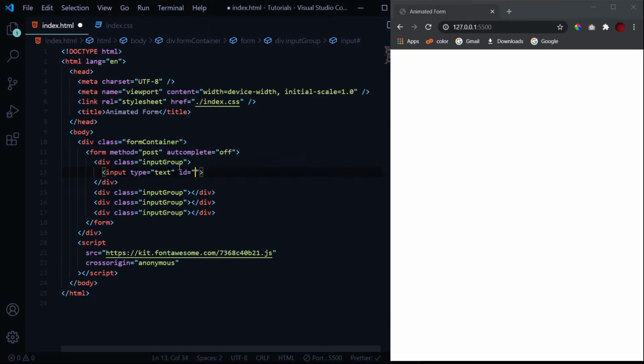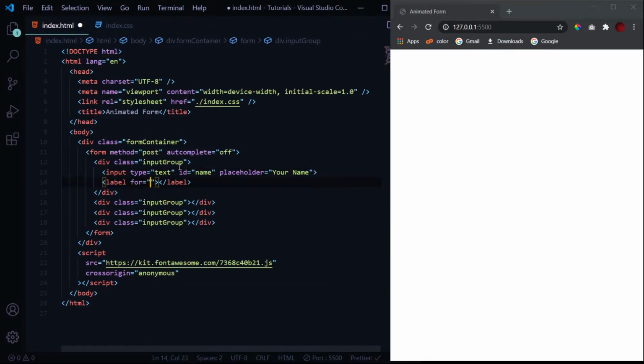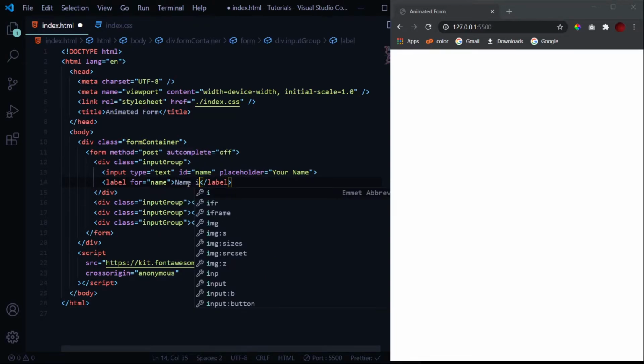Let's give it an ID of name and a placeholder as well. Then we will have the label, and in the for attribute of label we will put the ID of the input. So name, and then we will be using an icon from Font Awesome.